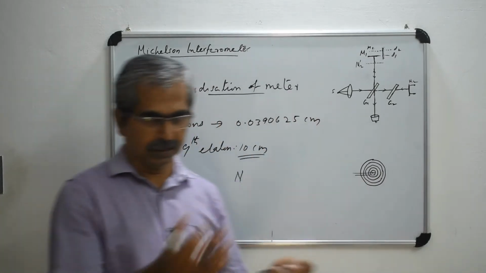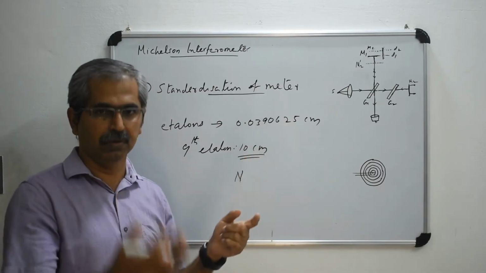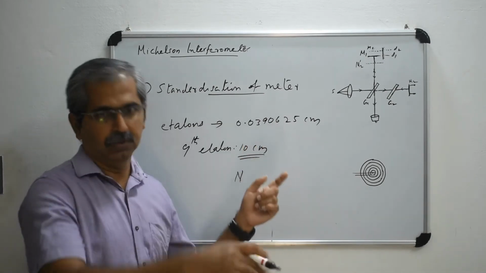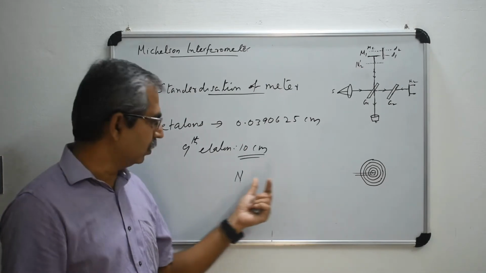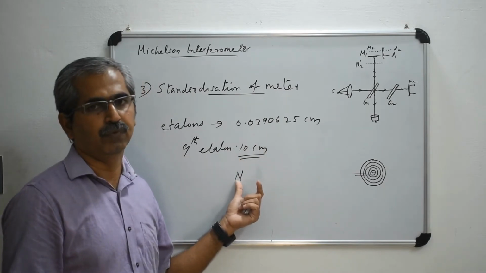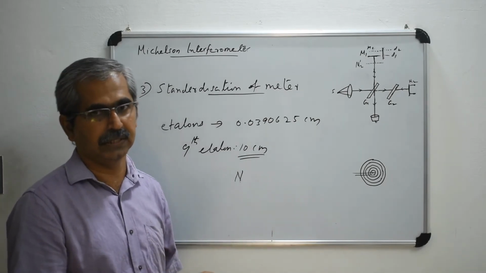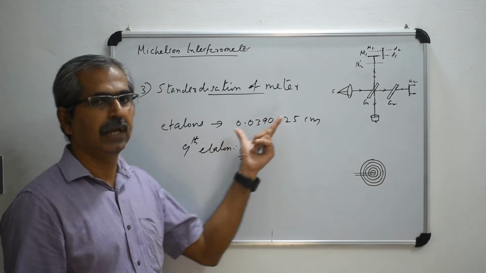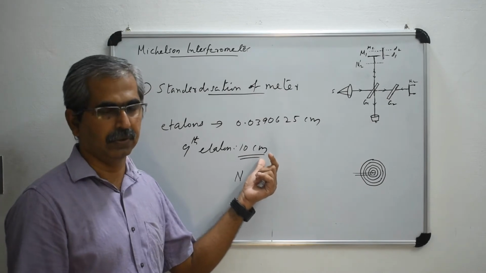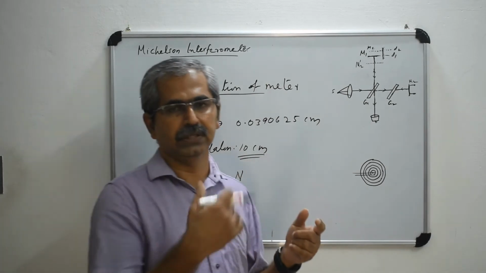Now this can be compared. For the first one, you know the number, and for the second echelon, you again count the number. You can compare these two and find if there are any errors. Then go to the third one, which is double the previous one. Again we count the number of fringes and compare with the previous one. So that is for increasing the accuracy. Likewise, you can count the number of fringes for the 9th echelon, that is for 10 centimeters. Now, for that 10 centimeters, what will be the number of fringes obtained?